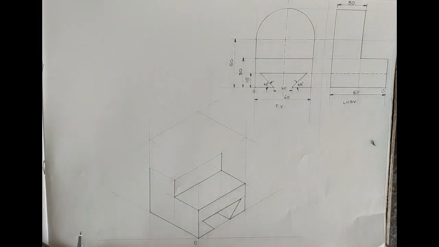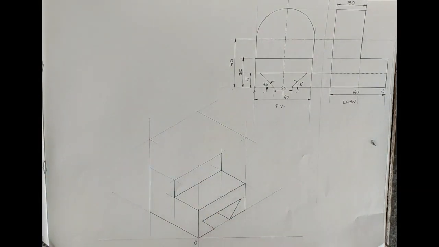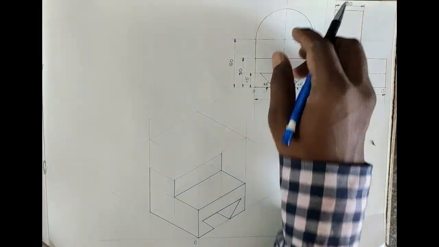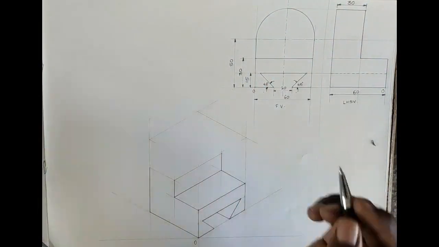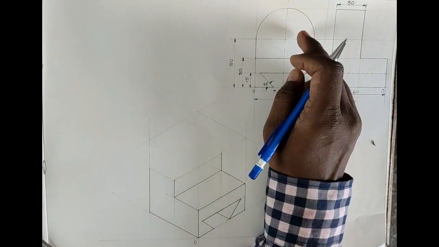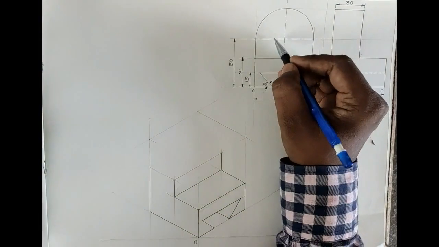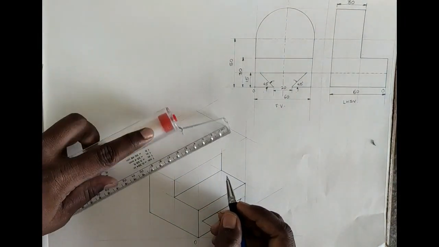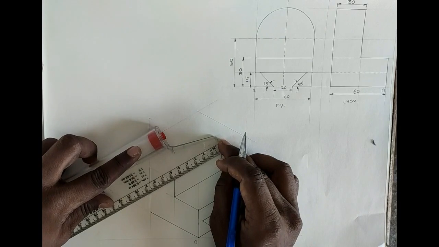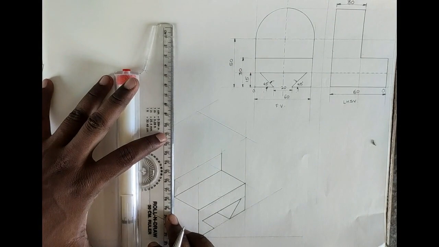Okay, now here we have to complete one semicircle. In isometric view, keep in mind the circle appears as an ellipse, so don't mark directly or take radius distance 30 in compass and mark. So this is not the case. In isometric view, the semicircle or circle appears as elliptical sections, so it requires some construction initially. So here radius is 30, so first of all mark the center of the semicircular part. Center is at a distance 30 from one side, 30 on another side.